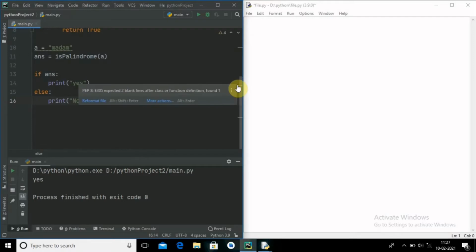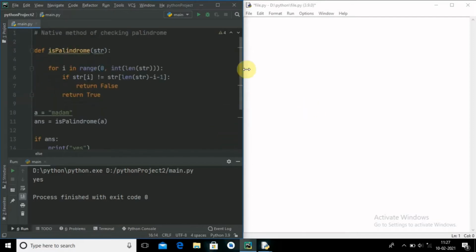It is a very simple trick you generally use to check whether it is a palindrome or not, but it is the native method. It took a lot of time for me to code, so there is a technique for this. There is another technique, so you can find the reverse of the string very easily and check whether it is a palindrome or not.